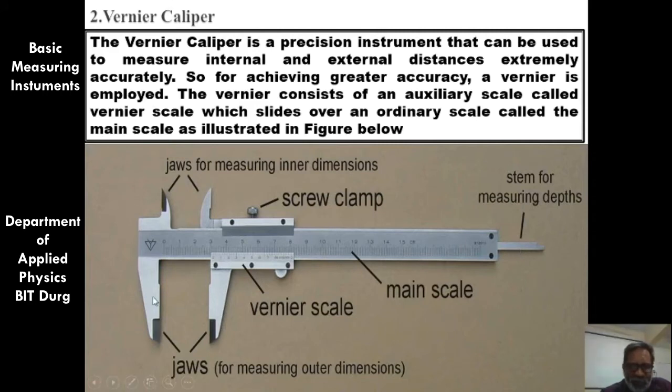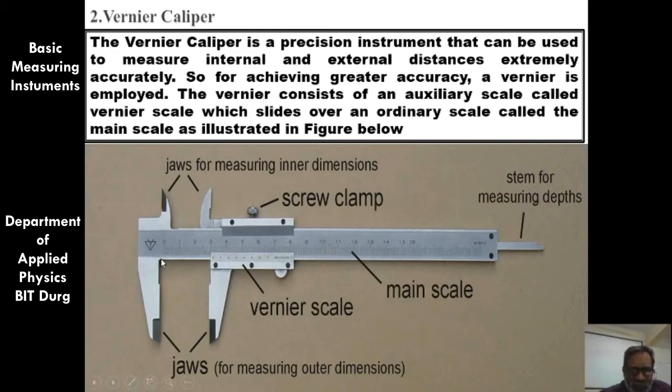So whether we are measuring the outer dimension or the inner dimension, obviously we are going to use the same scale. That is one main scale, and then there is a vernier scale. As I told you that every instrument might be having a least count, means the smallest value of length that it can measure. Here in the case of vernier calipers and screw gauge, where we are talking about measuring the length, let us see how we can get the value of the least count for this vernier calipers.